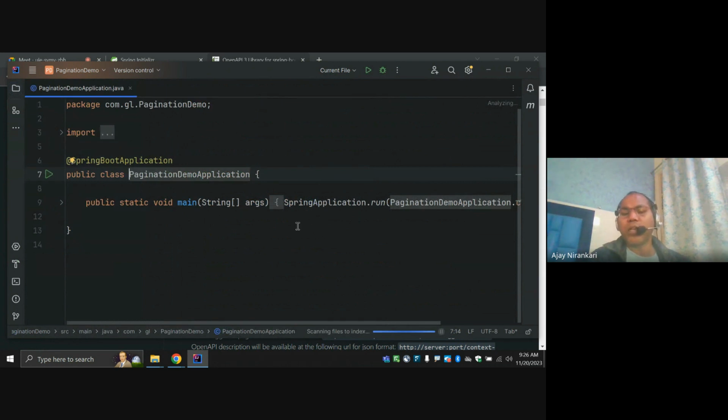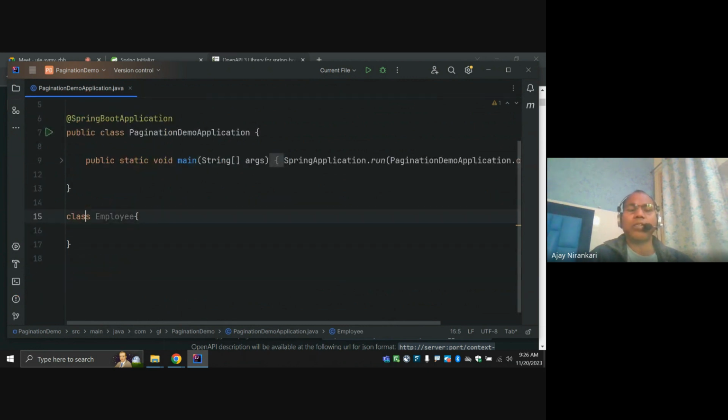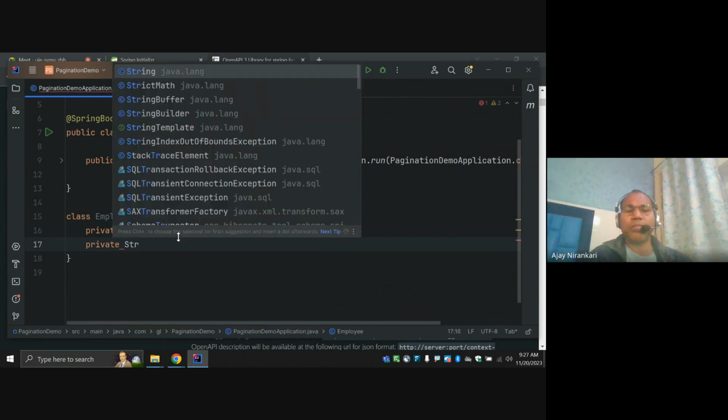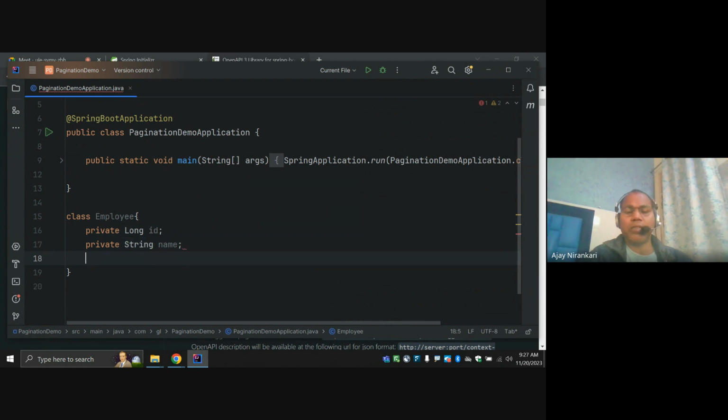First, we are going to add a model class. Let's create the Employee. In Employee, a long id. This should be private. Generally, fields are always made private; sometimes I forget to write it. So we have private id, and name. Today let's add a couple more fields. Private name,